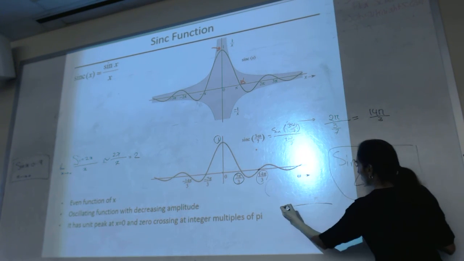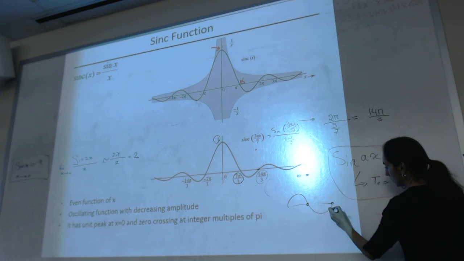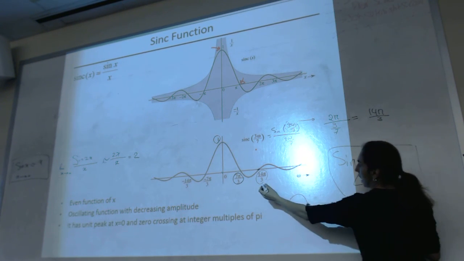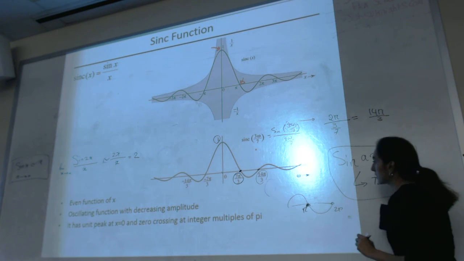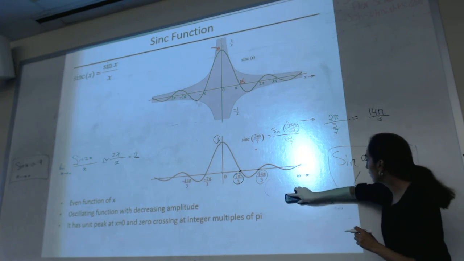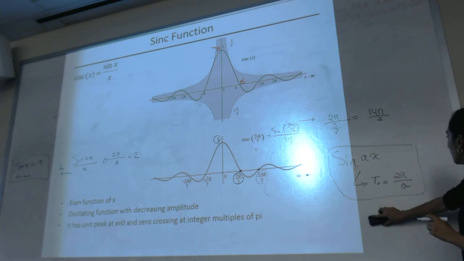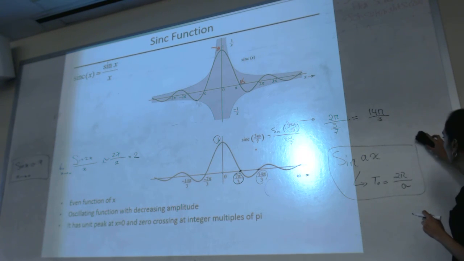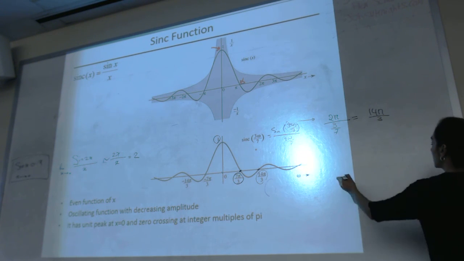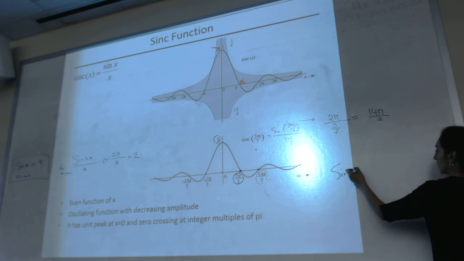But then, similar to sine, this is 2 pi, but the first zero crossing is at pi, half of that. So half of that is your first zero crossing. Okay, so let me just give you a general formula then. If you have sine of